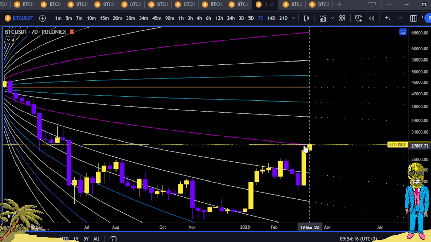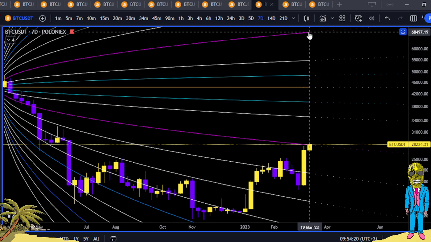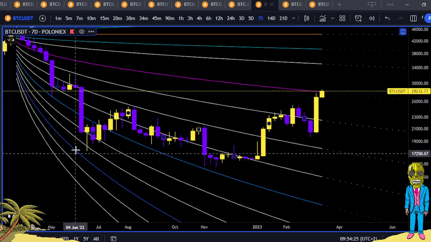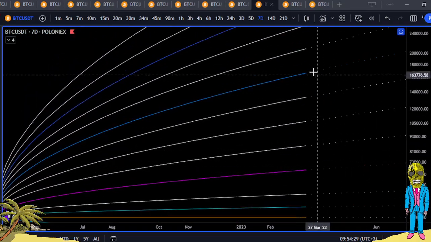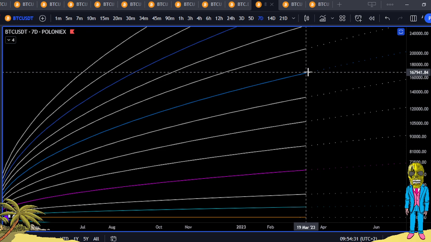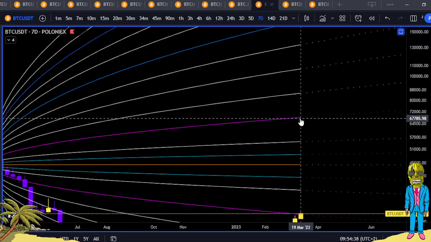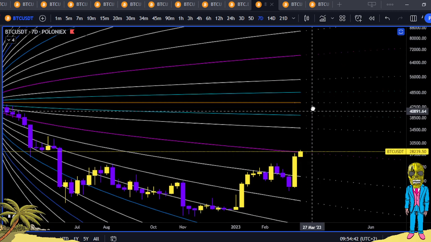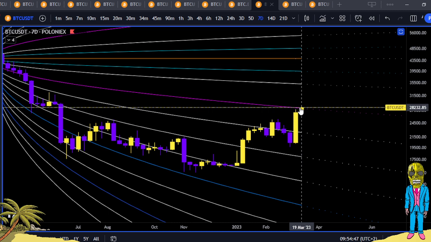These are the ranges. So if it closes in here, naturally I want to go to the pink one at 67 grand. Considering we went from 10, okay, we'll just take it from 9. I'll go to plus 7. And plus 7 is, oh my gosh, we said this target before. 166,000. Such stupid numbers. But to get there, it will need to hold above 67. To get to 67, it needs to hold above 48. To get to 48, it needs to hold above 39. To get to 39, it needs to hold above